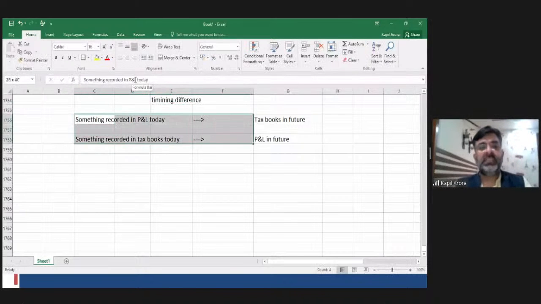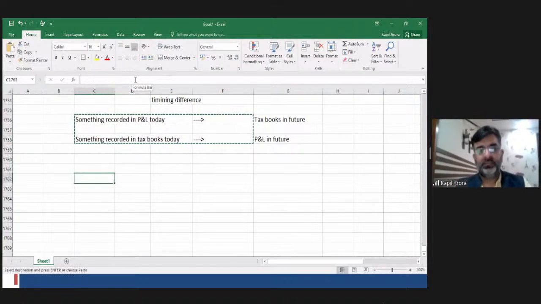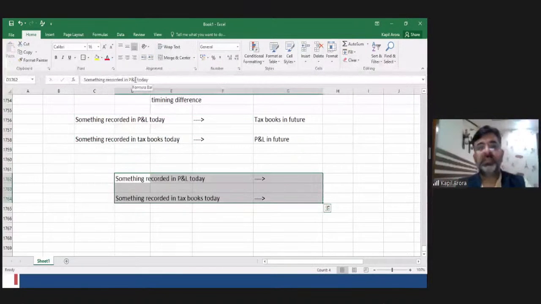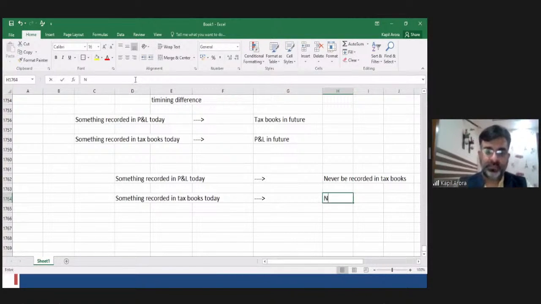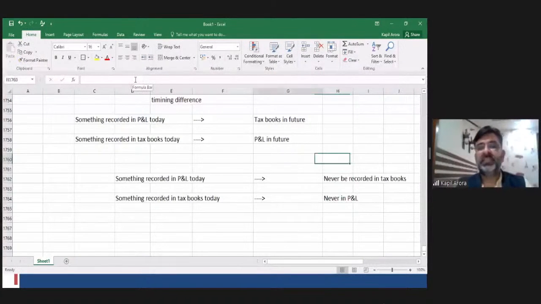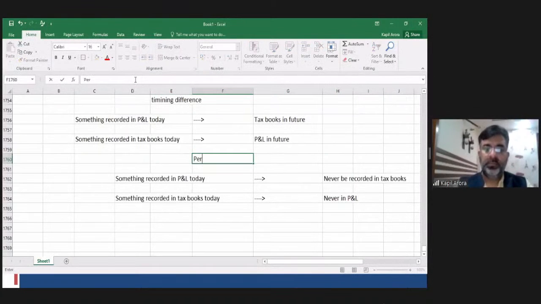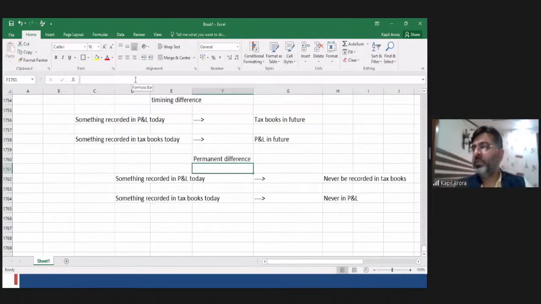But something which is recorded in P&L, or something recorded in tax books, that is never recorded in the tax books or never recorded in P&L, these differences are known as permanent differences. Now, the permanent difference example could be